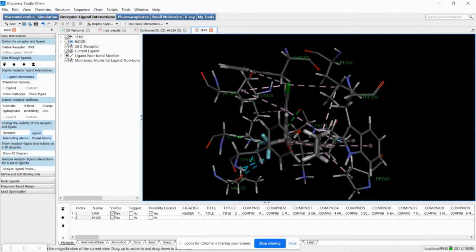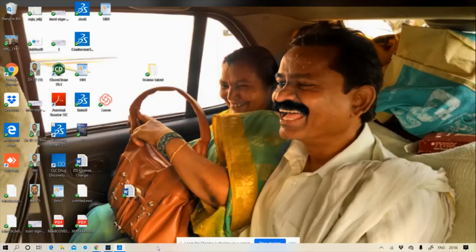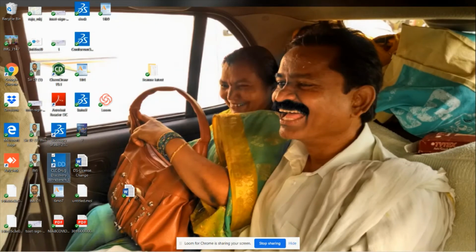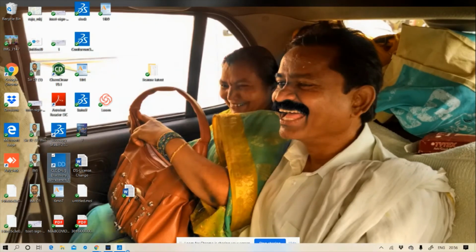Now, what is validation is, initially the ligand is in the active pocket. Again, I should send the ligand into the same space with the lowest RMSD value. Lower the RMSD value, higher is the binding pocket definition. So let us go back with another software, CLC Drug Design, and see whether whatever we have validated is correct or not.